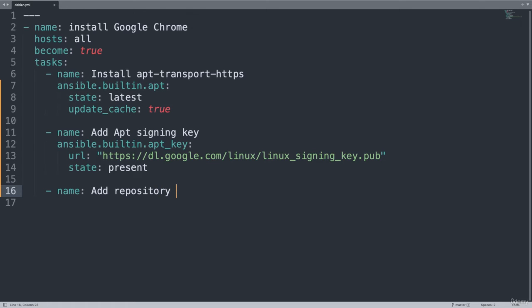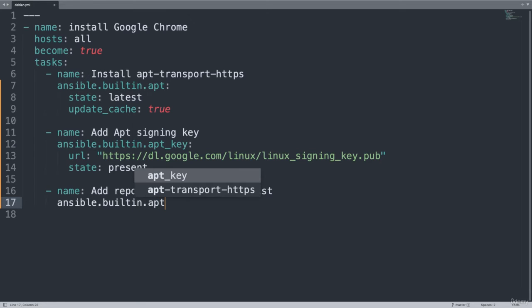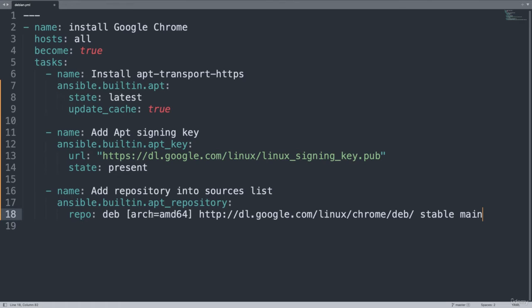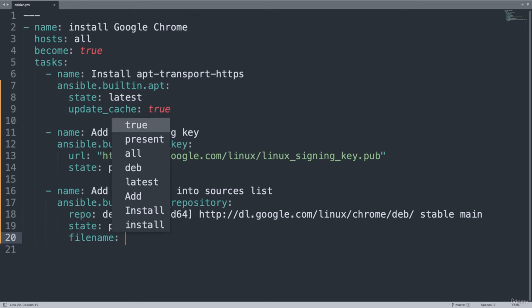Then let me add another task, add repository into sources list, and I'm going to use ansible.builtin.apt_repository module instead with some parameters. The first is repo, and let me copy and paste this from Google page. Here we are. This is the parameter for this new repository creation. Let me verify it's one space. Yes. The state will be present and the file name will be